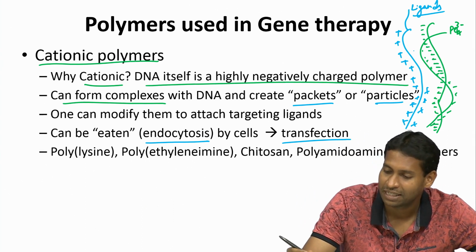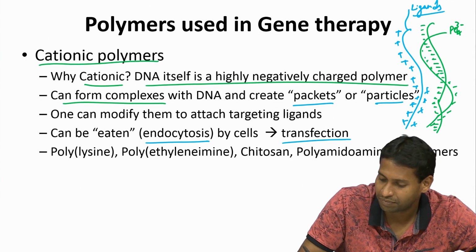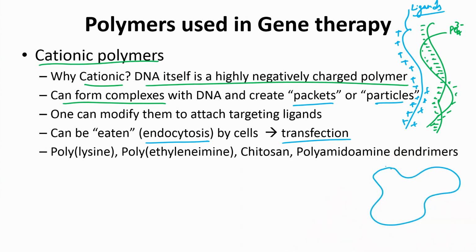So, how does the release work? Outside the cell, so let us say if this is a cell, you have cytoplasm and you have extracellular. The extracellular environment typically has low ionic concentration, but in the cytoplasm you have high ionic concentration. So what does that mean? It means that since there is high ionic concentration, the dielectric of the cytoplasm is high,